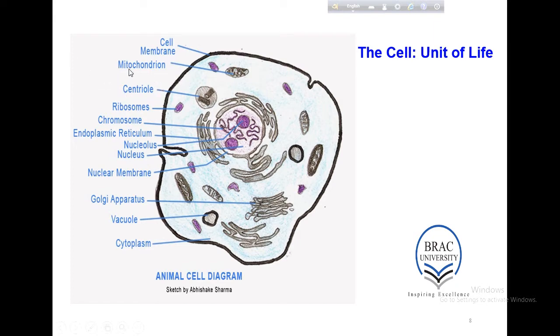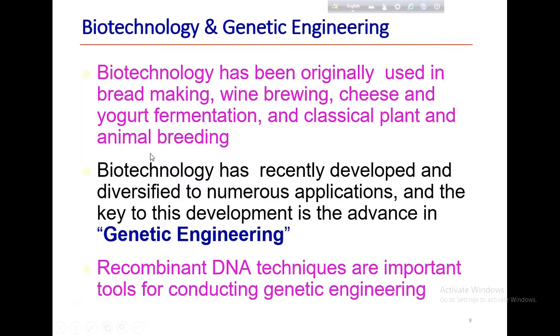Centrioles. This organelle gives structural strength to the cell. Ribosomes, the one and only organelle that is present both in eukaryotic cells and in prokaryotic cells. Chromosome, in which our genetic material, the DNA, is compacted. Endoplasmic reticulum, nucleus,